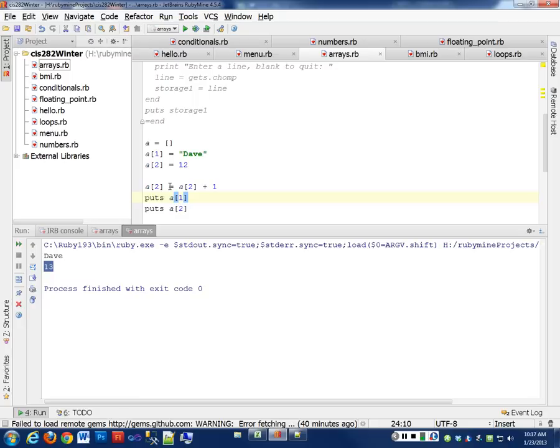Yeah, I could do this as A2 plus equals 1. Same thing. I'm adding 1 to the value of A2 and putting it back into A2. So that's the same as